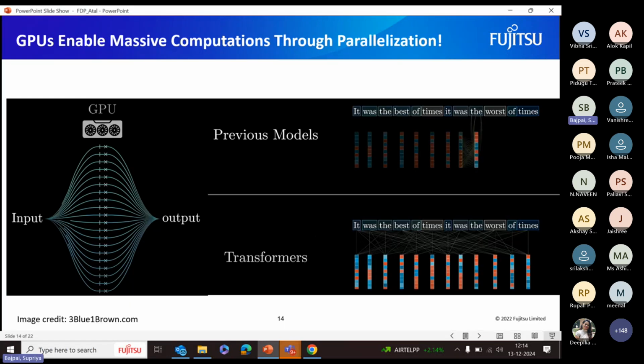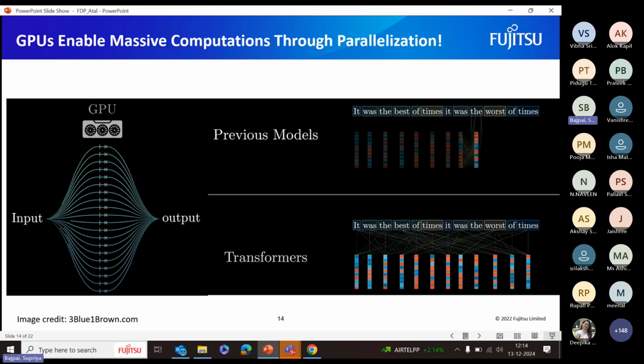Such big computations for training the LLMs were only possible with GPUs. They have totally changed the game when it comes to big computation. Unlike regular CPUs that handle tasks one at a time, GPUs can do thousands or even millions of calculations at the same time. This makes them perfect for training large language models, which need to process tons of data all at once. So why? Because it can do everything in parallel.